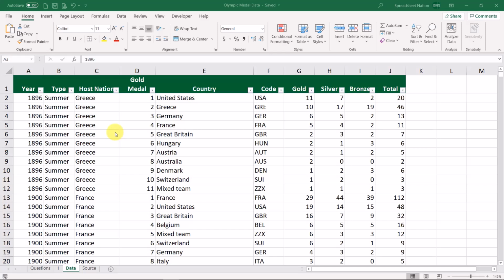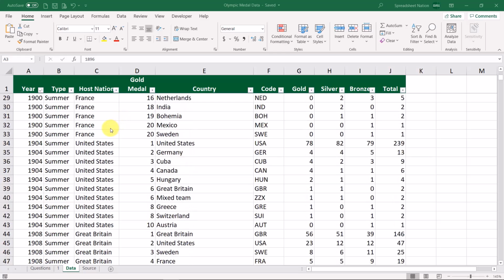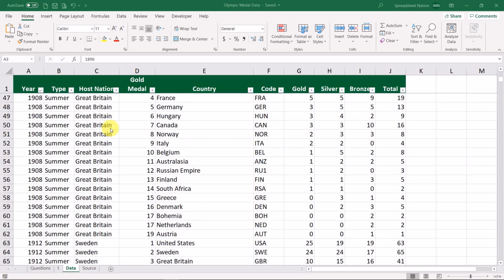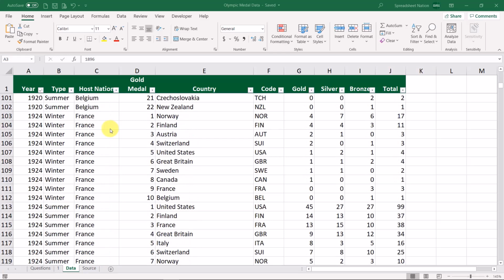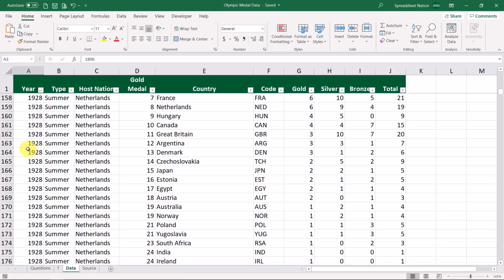Okay, we have a few more practice problems to go over. This is using a data set that is not financial in nature, which is a little different than the examples that I've shown so far, but I wanted to show how pivot tables can be useful in a variety of settings. So this right here is a data set of medal counts for all of the Olympic Games through the year